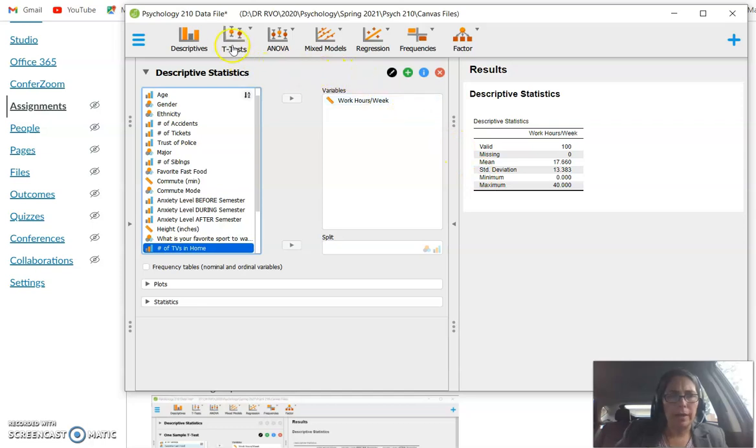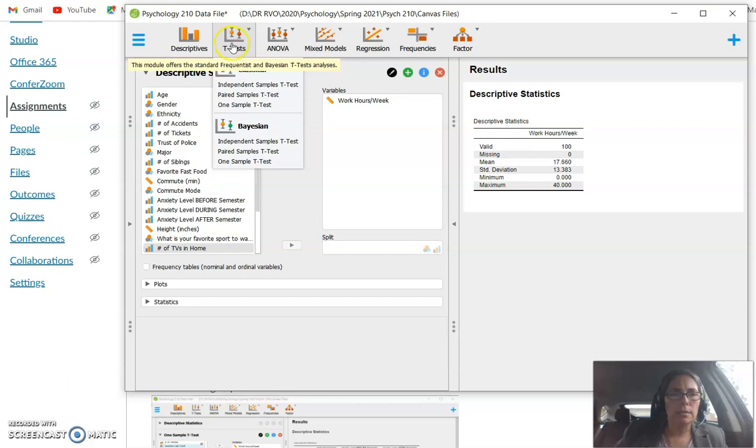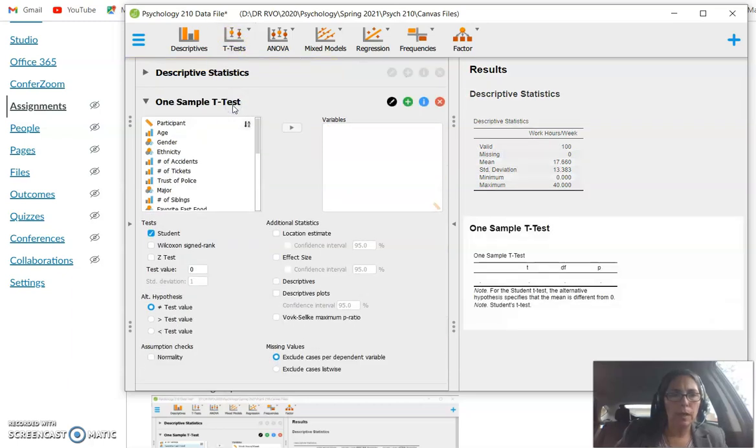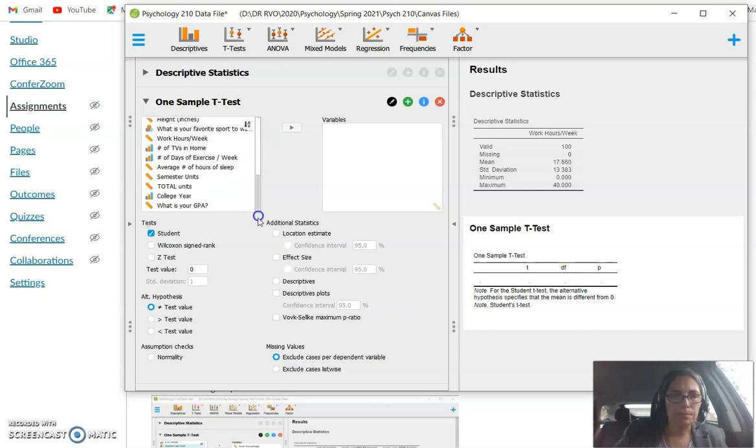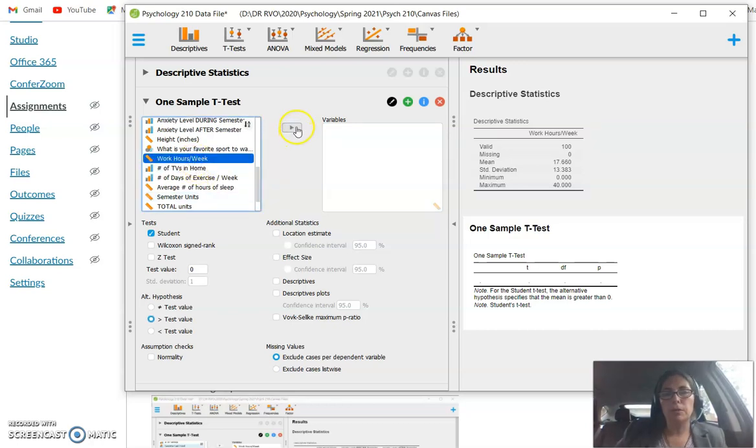In order to examine that type of hypothesis, I would click here on t-tests, scroll down to the one sample t-test. I'm going to have to move that variable back in order to conduct the t-test. And I'm also going to click an alternative hypothesis here. And what I'd like to say is that I believe that the number of hours worked by the average American in California is going to be greater than that of our sample of Santa Ana College students because the Santa Ana College students are also going to school. So I'll click this alternative hypothesis, and I will also scroll down and look for hours worked per week, which is here, move that variable over, and then immediately